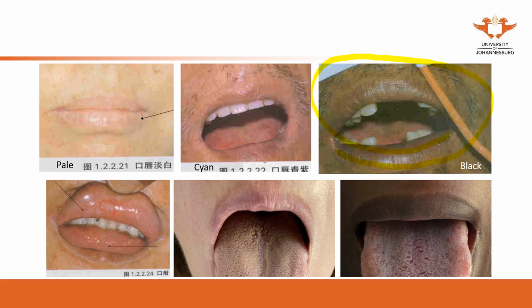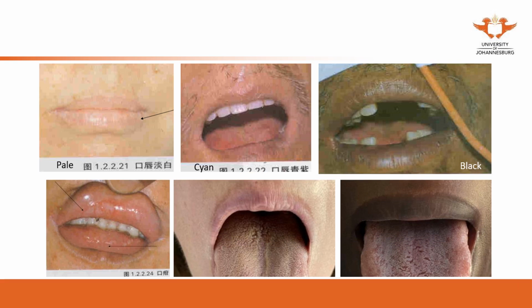But when you observe this kind of color, you also need to consider the race. So I also give you two images. These two, the lips, you can't say this is pale for this patient because this is a white lady. This is a black lady. You can't say this black is abnormal. This black color of the lips is normal for her. So when you observe the color of the lips, you need to consider the races as well.